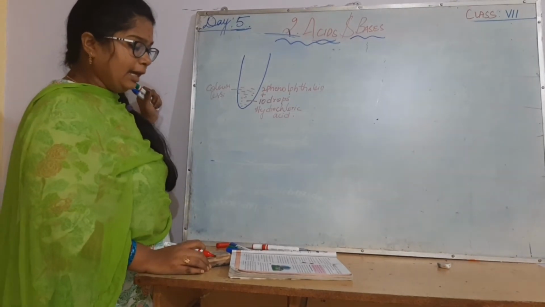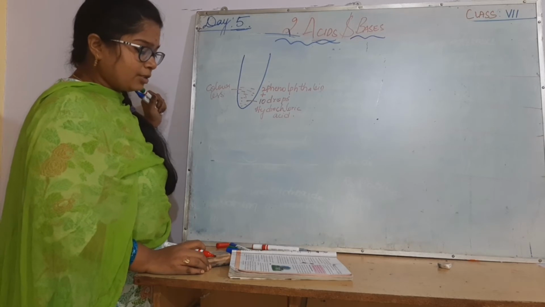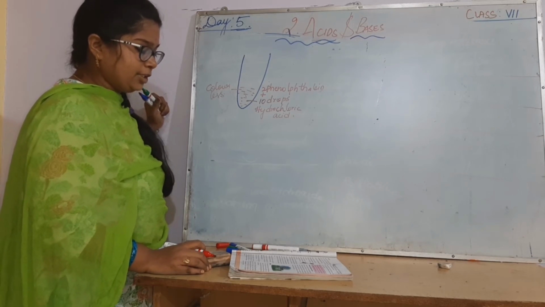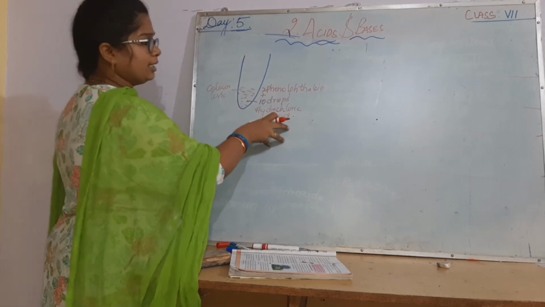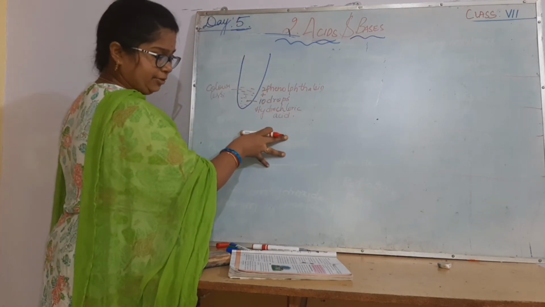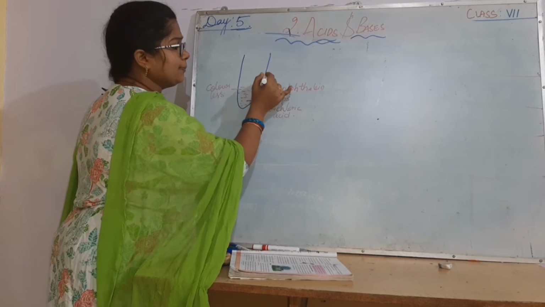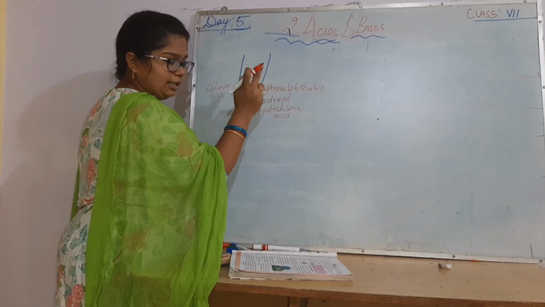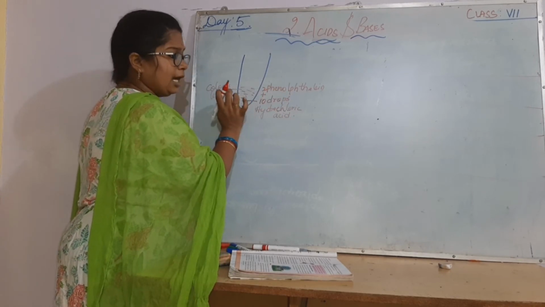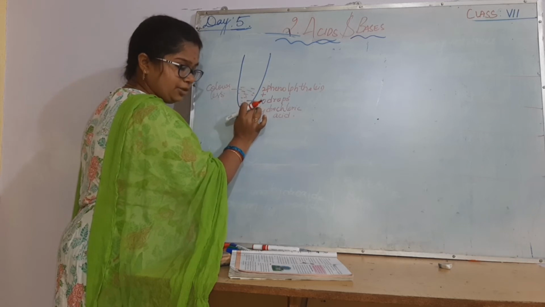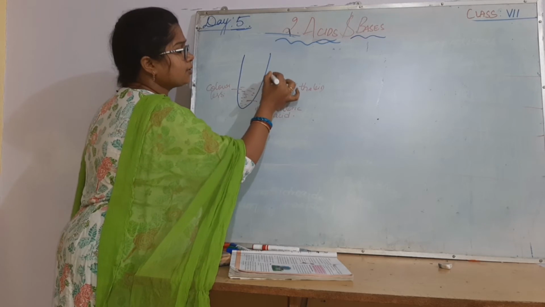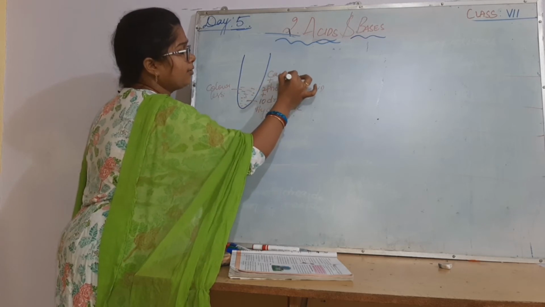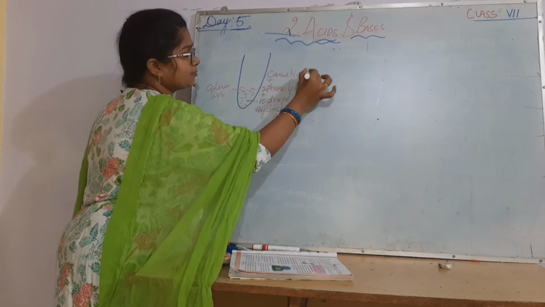Now add caustic soda solution whose concentration is equal to hydrochloric acid. Caustic soda is nothing but sodium hydroxide, which is a base. Now hydrochloric acid is an acid, right? Caustic soda is a base. How much do you have to add? You have taken 10 drops of the acid, so with that same concentration you take caustic soda, sodium hydroxide, the base.